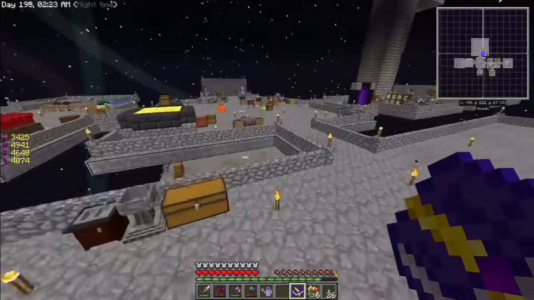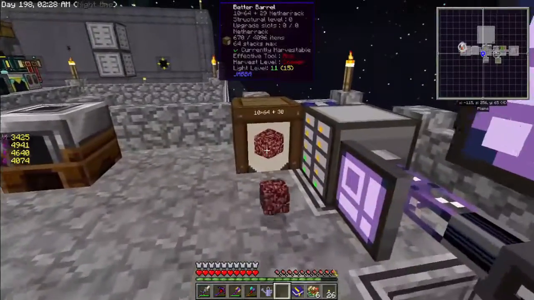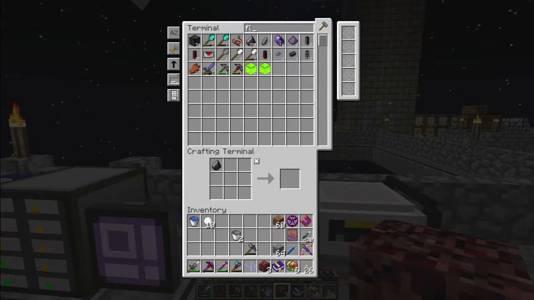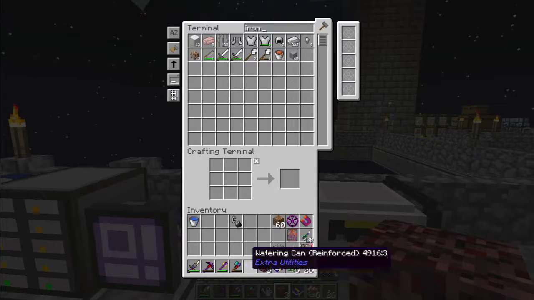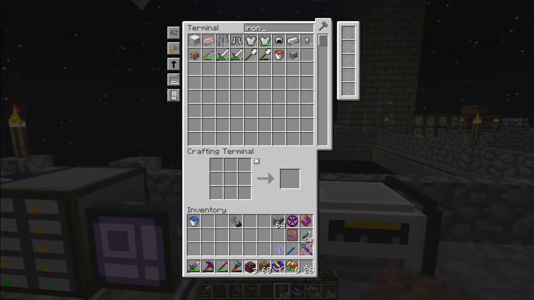One other thing we're going to want is some netherrack and a flint and steel. We're going to want like 3 netherrack. Flint and iron. I love that that recipe is shapeless. Let's put this stuff back. I want dirt. Alright, cool. So